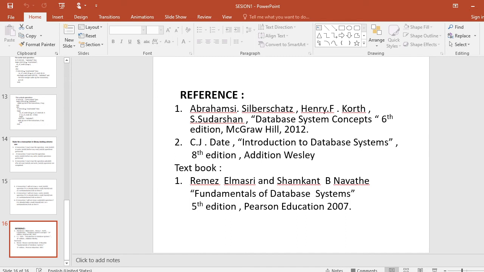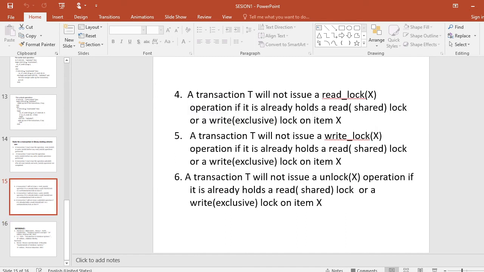Conversion of locks. A transaction that already holds a lock on item x is allowed under certain conditions to convert the lock from one locked state to another.